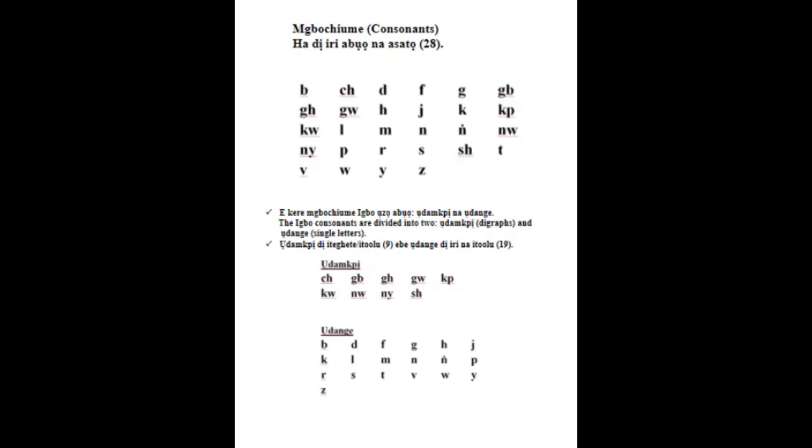It is also produced at the base of the tongue. The vibration is around your throat. Ngo, ngo. The next one is NW, right after the one we just pronounced. It is mwe in Igbo. Mwe, mwe, mwe.